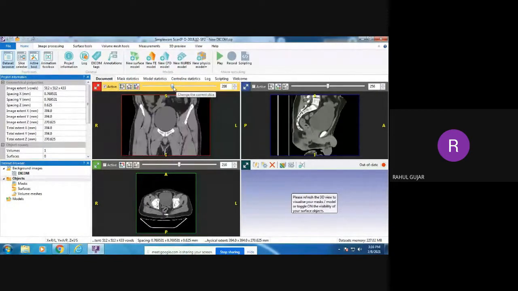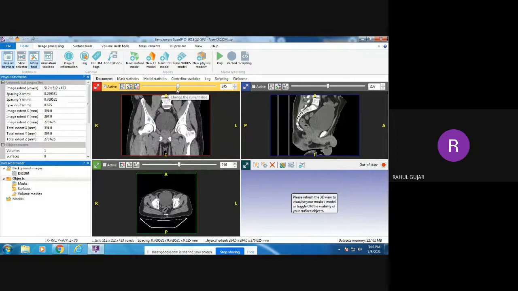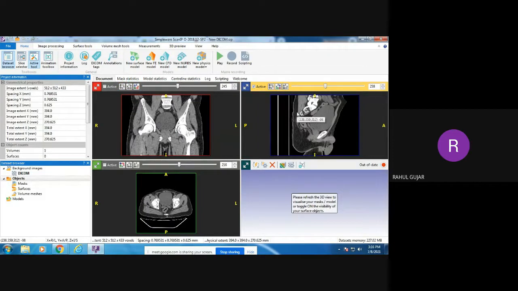You can also scroll through that CT scan here. This one shows right and left; R stands for right, L for left, S for superior, and I for inferior. On another picture, you can see posterior, anterior, inferior, superior. So these are the views you can see.